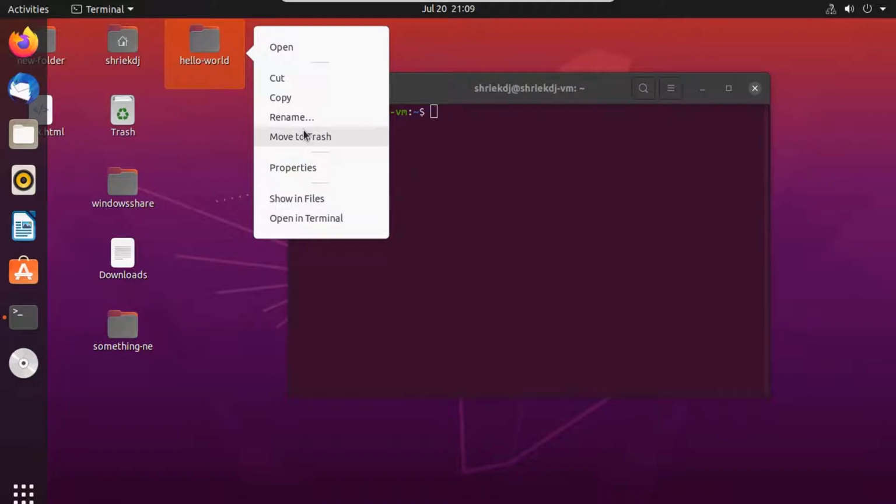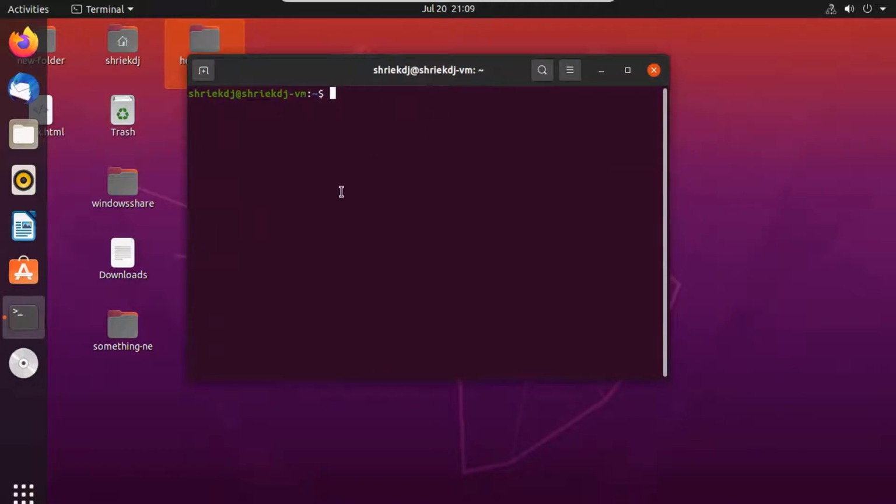Okay, so before installing the GCC and G++ compiler, we have to update our system with the help of sudo. You need sudo privileges, be aware of that. So sudo apt-get and then update.